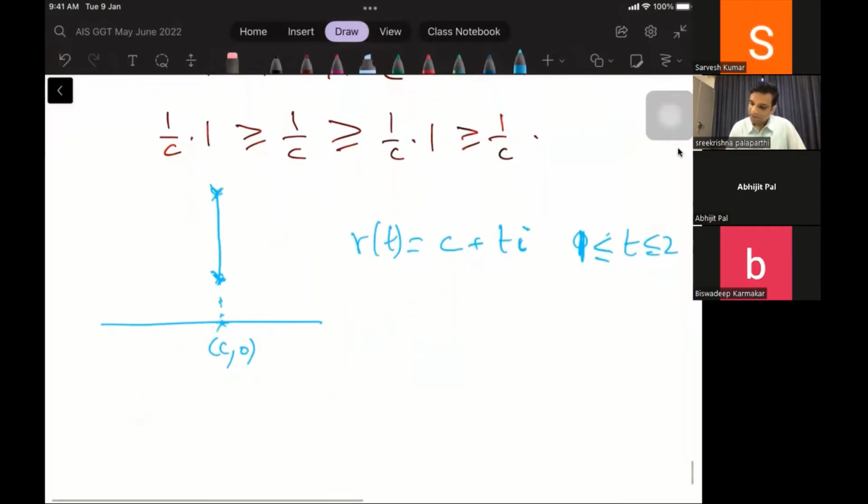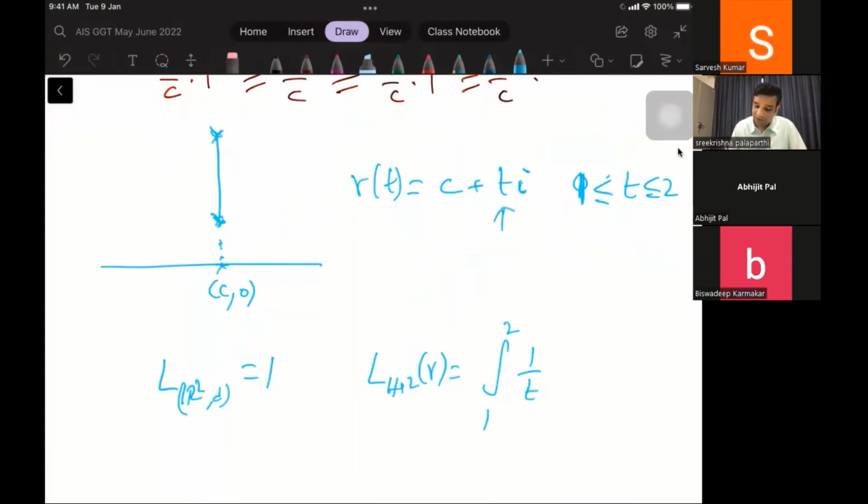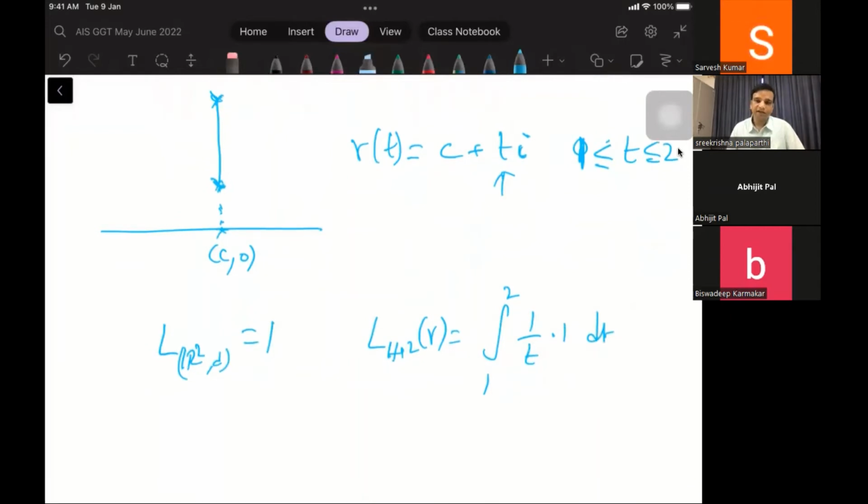If I take this, the Euclidean length is anyway 1. And then what about the hyperbolic length? The hyperbolic length of this gamma is the integral from 1 to 2 of 1 by t, since y is t now, and the square root of 1 anyway. When you differentiate, you still get 1 and the norm is 1. So this will give you ln of 2 minus ln of 1. So this is ln